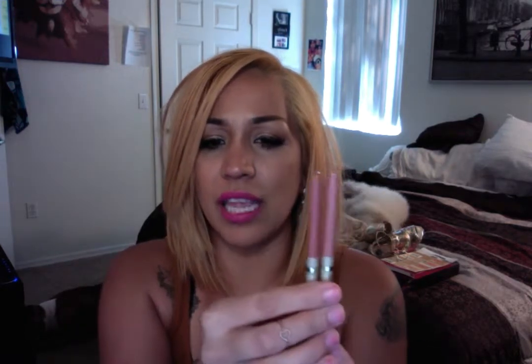and Beyond and in Timeless. They are just really beautiful colors. They kind of look the same. The only difference is this one has more of a brown rose to it, to where this has more of a pinky nude to it. So these are the two that I have been using nonstop, as well as the NYX Soft Matte Lip Cream